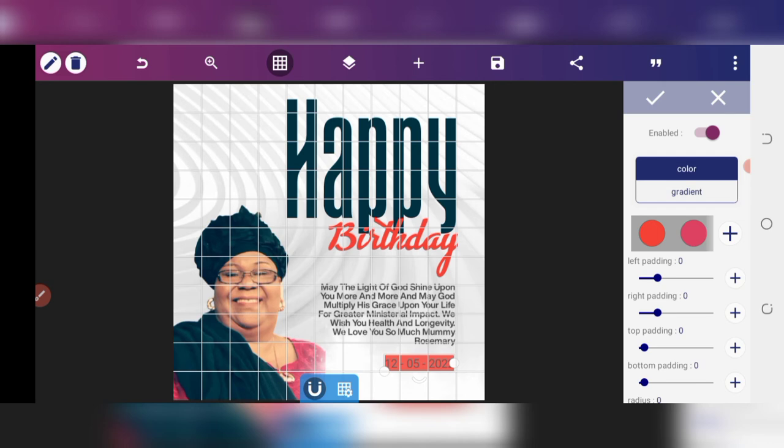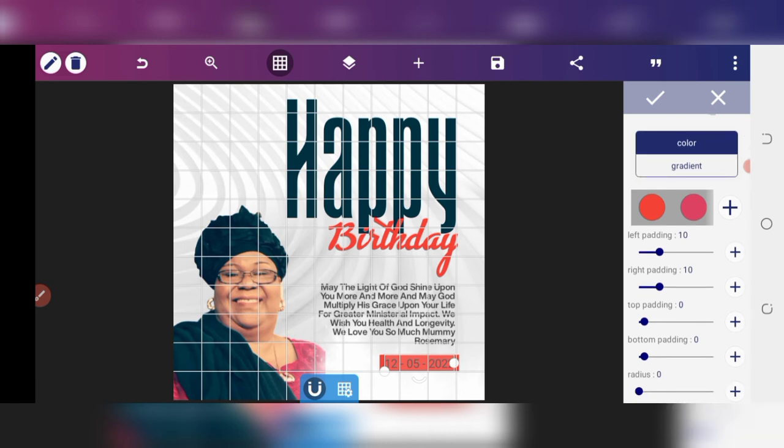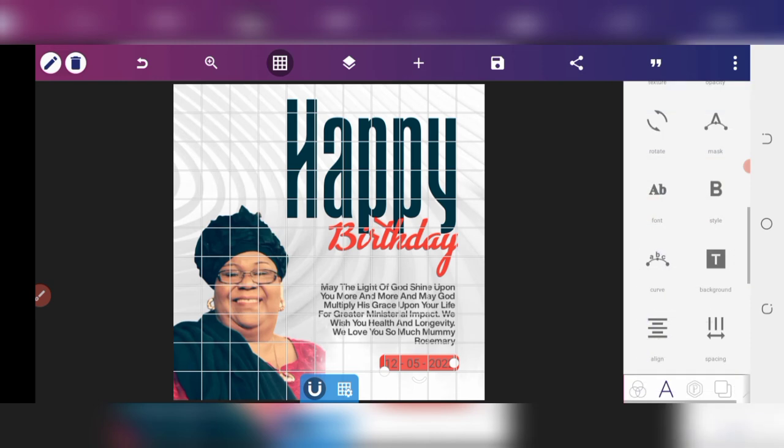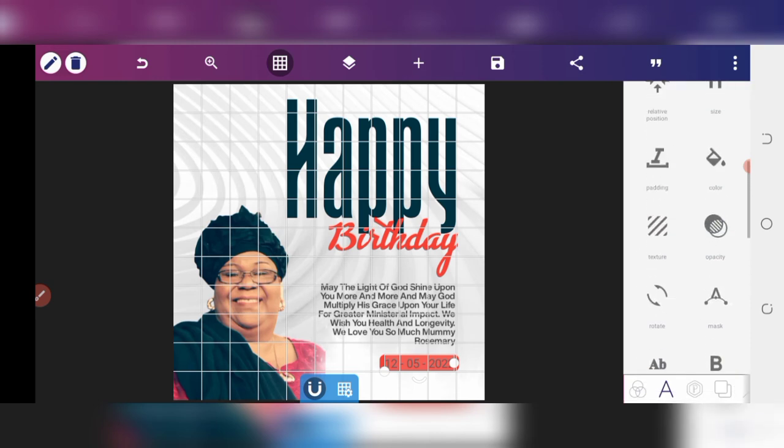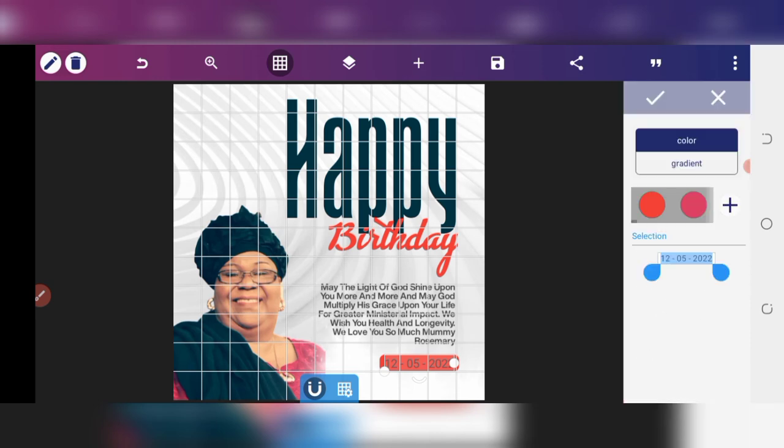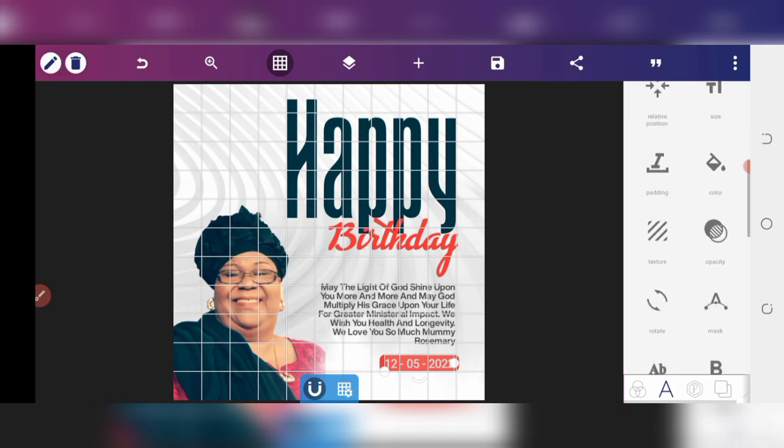Okay, let's go to left padding. I'm going to increase it to 10. Right padding, increase it to 10. And then radius, we're going to increase the radius. Let's make it 10 also. Then we say okay. Then text color, let's make it white. Yes, white is good. Then fonts,